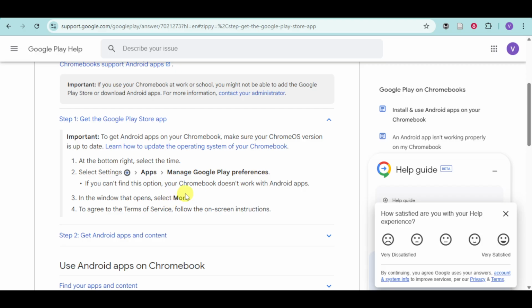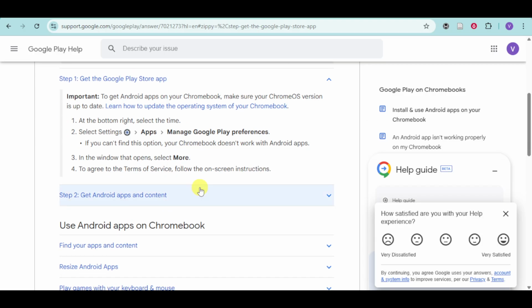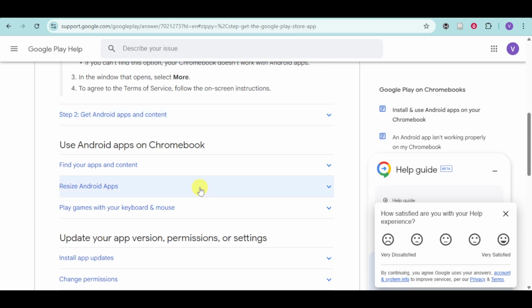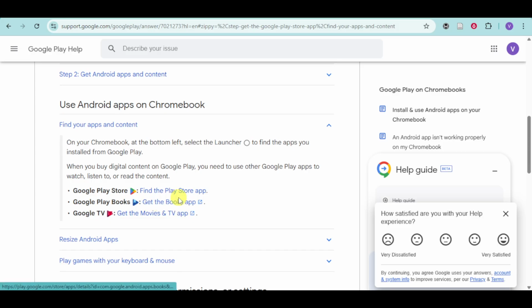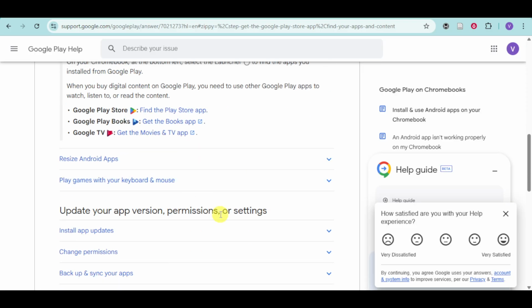So in the window that will open, just click on More and then agree to the terms of service in order to open and get your Google Play Store. So with this, you can just go to your Play Store or go to your bookstore or TV store and head over and then install the application from your Play Store right here, install app updates, as well as play